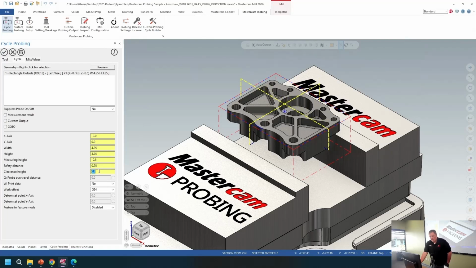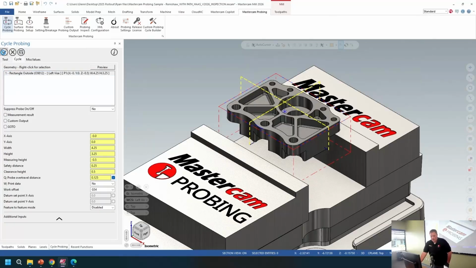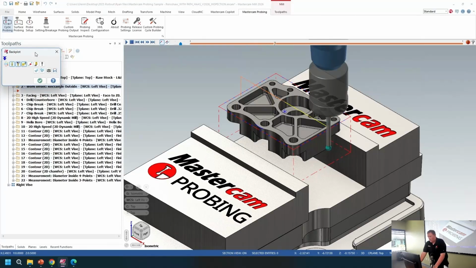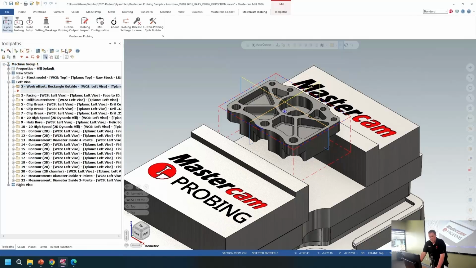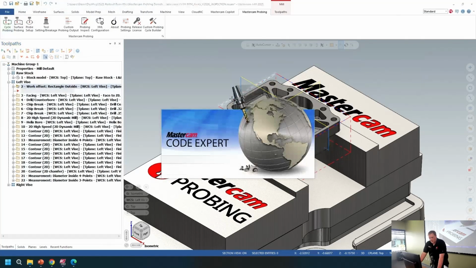But in this case, since we are setting a work offset, I can maybe give it a little overtravel distance, tell it my work offset we need to set, and then we're good to go. From that point, it's now a valid operation. We could run it through graphics if needed. And then ultimately, if we post out, you'll see that we have the easily recognizable Inspection Plus code